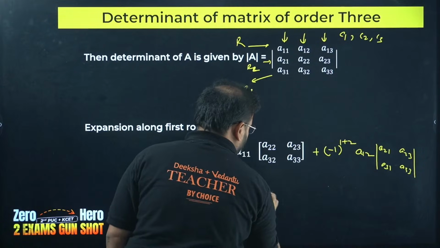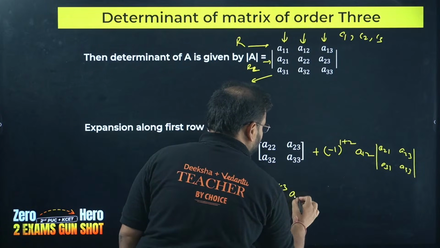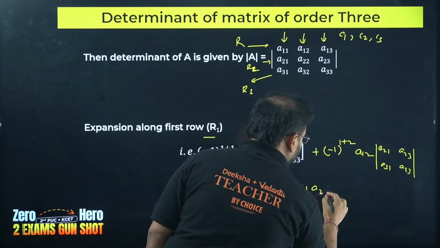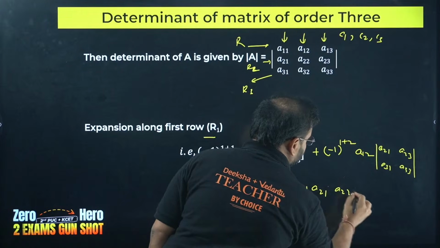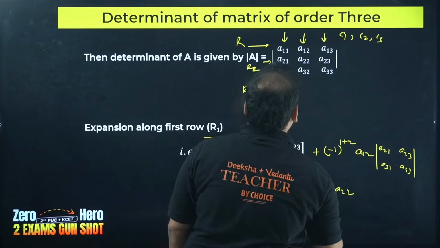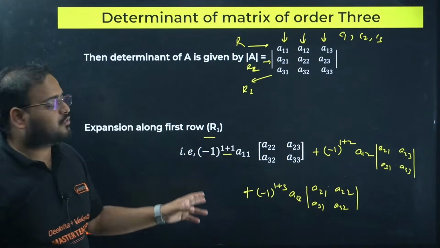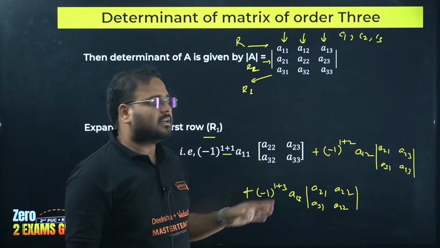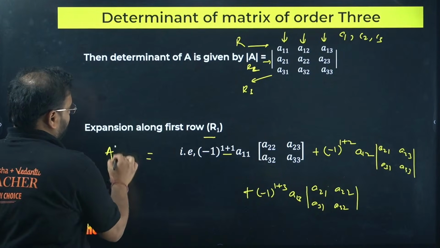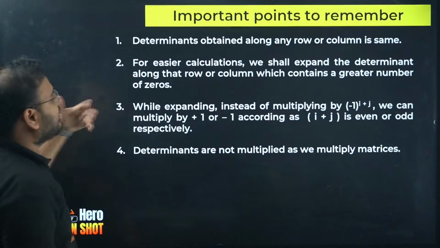And the last one will be what? Again, same thing, minus 1. This time we'll have 1 plus 3, and we have A13. If you go with A13, you'll have these two left: A21 and A22, and A31 with A32. This will be the result. How to solve this matrix? By using the cross multiplication and the difference, you get the result which is going to be equivalent to the determinant of the matrix A. Okay, this is how you find the determinant of any 3 cross 3 matrix.